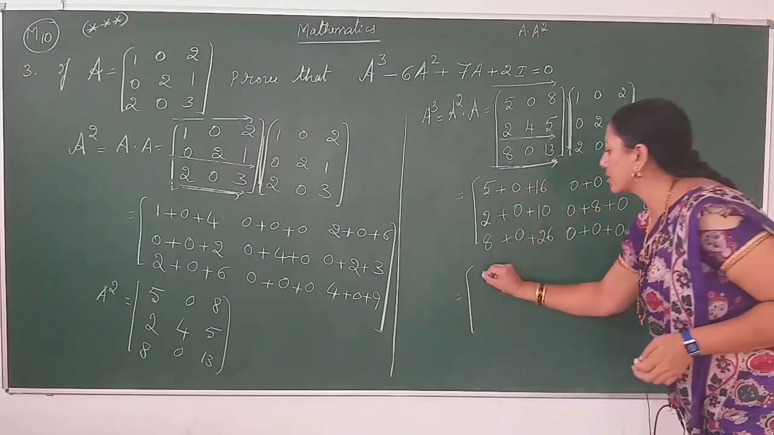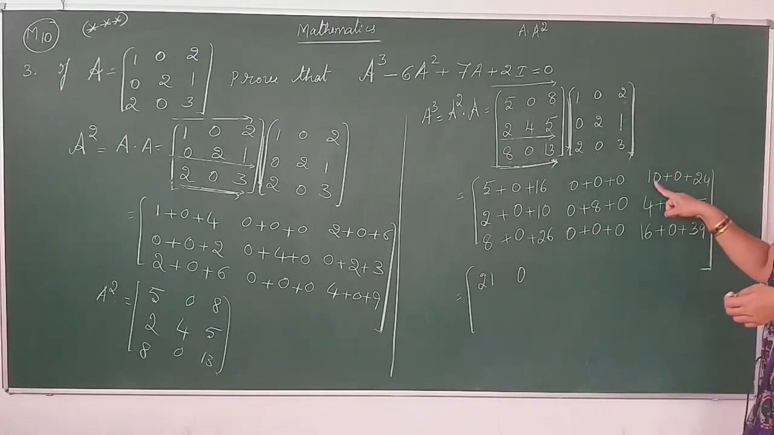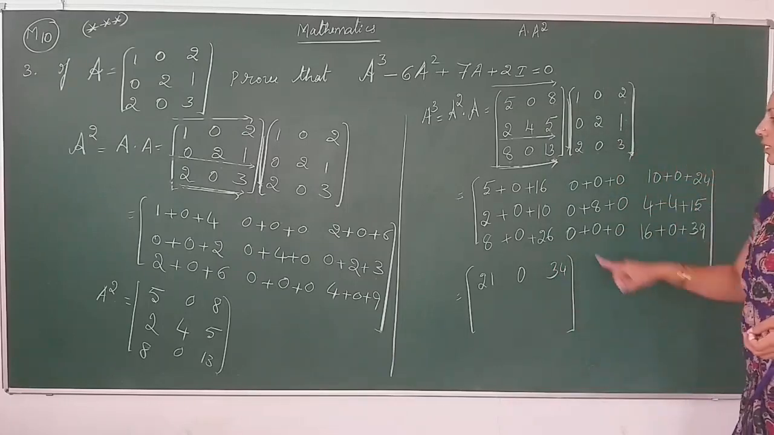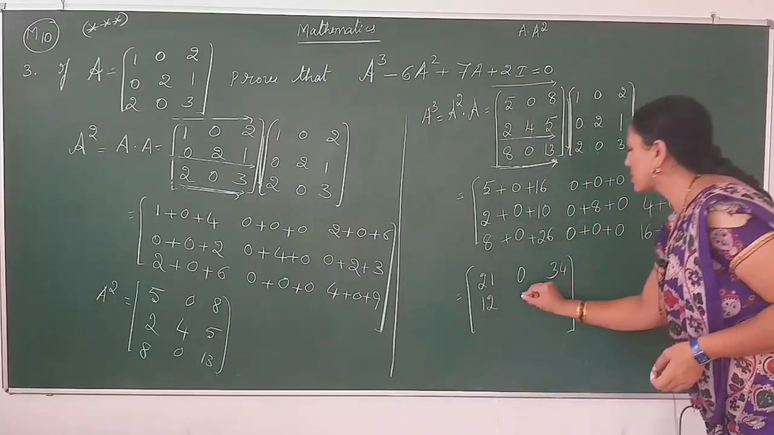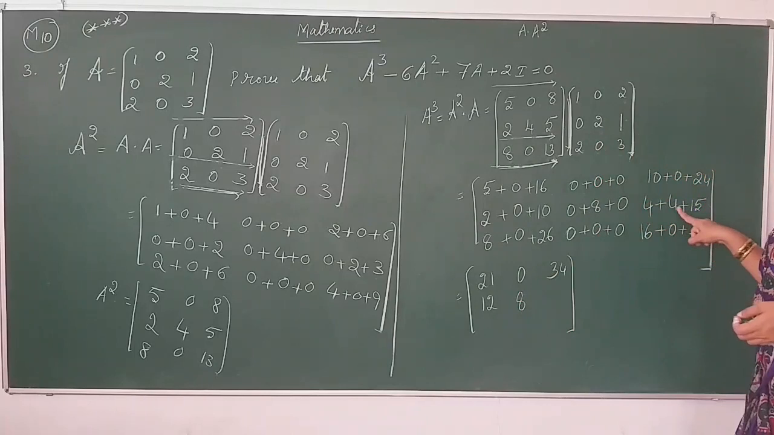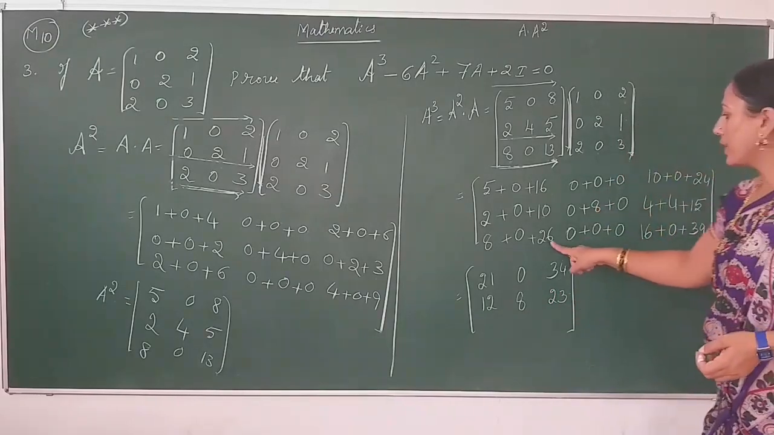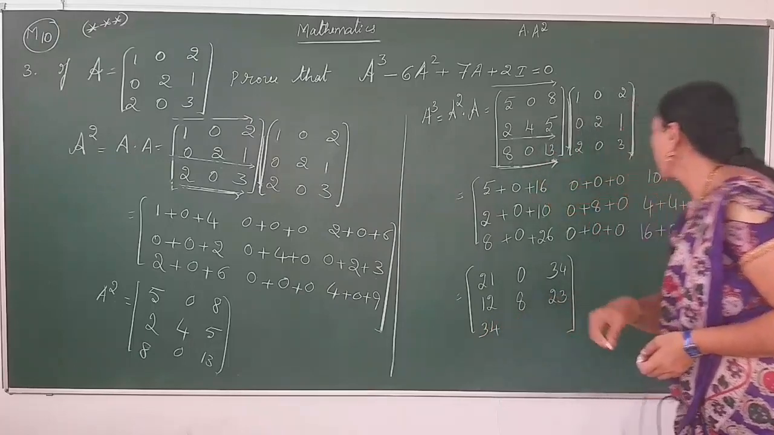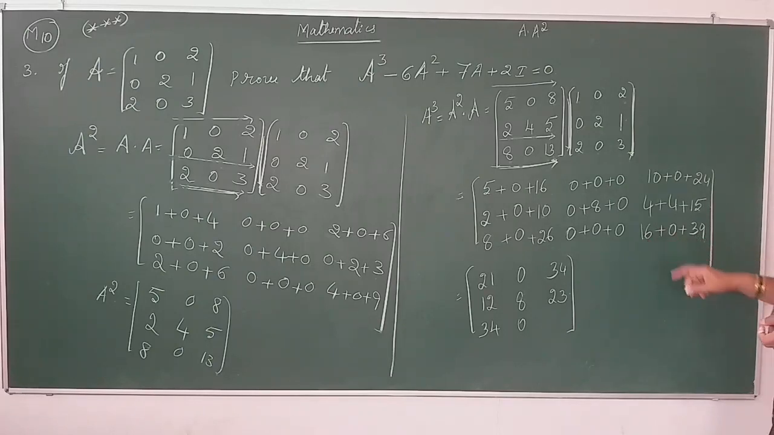5 plus 16, 21. 0 plus 0 plus 0 is 0. 10 plus 24 is 34. 10 plus 2 is 12. 8 plus 0 is 8. 4 plus 4 is 8. 8 plus 15 is 23. 26 plus 8 is 34. 0 plus 0 plus 0 is 0. 39 plus 16 is